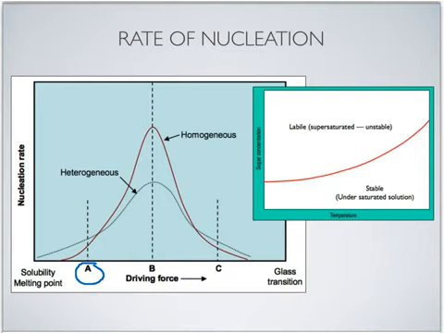So to understand this phenomenon, let us refer to this solubility diagram. So let's say that we are here at the starting point. So this is in the supersaturated state, but it is at a higher temperature, and the point here is not far from the solubility line here. So the degree of supersaturation also is quite small. So what happens when we decrease the temperature? So as we decrease the temperature in this direction,